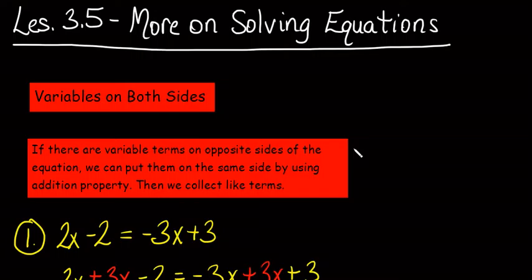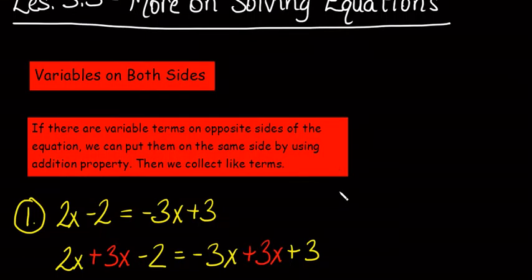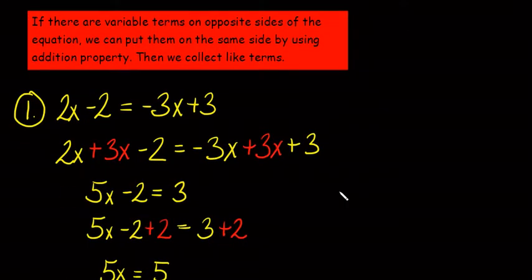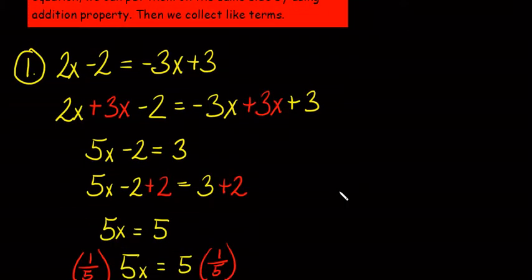So if there are variable terms on opposite sides of the equation, we can put them on the same side by using the addition property, just like we've learned in the past few lessons. And then we just simplify by collecting like terms. So I'm going to do some examples for you. This example here,